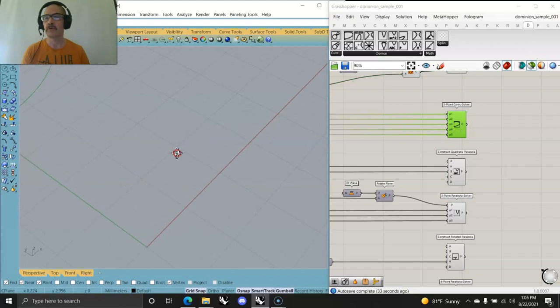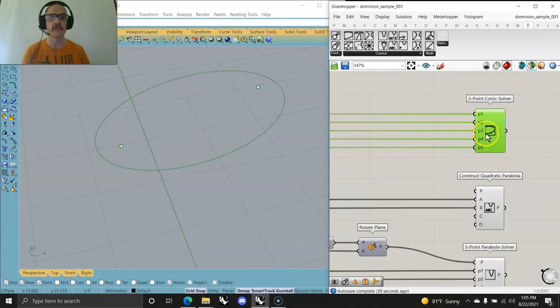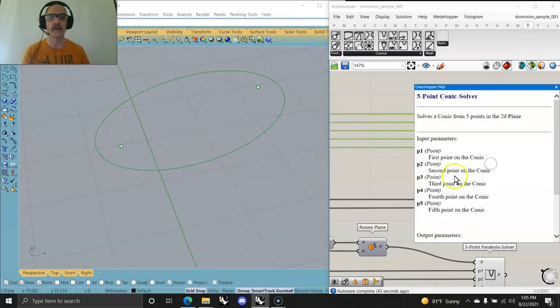The next one is the 5-point solver. It's way over here, which is very nice. It has its focal points on that ellipse. You can start with 5 points, and boom, it's scripted right into a nice conic. If you right-click on it for help, you get the information that Daniel's really compiled from his back-end